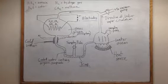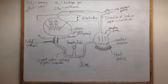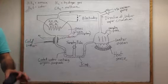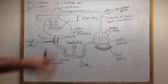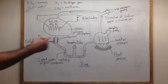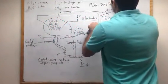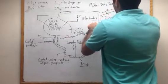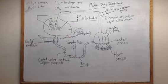This is actually one of my favorite things to talk about, because establishment science wants you to believe that somehow outer space life came from rocks that were traveling billions of miles and then seeded life onto the Earth. That's unnecessary, people. This is the Miller-Urey Experiment. This is an experiment that was designed by Miller and Urey to show how organic molecules could form